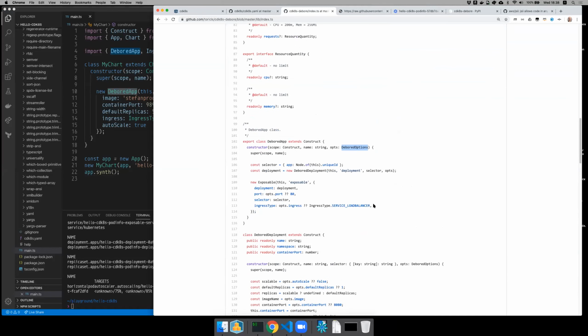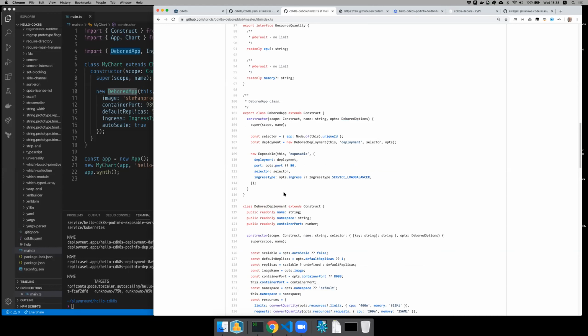And then it's very straightforward code. You can see that what it does here is basically create a deployment, which is another construct. And as I said, constructs can form a tree, and so you can compose them together into higher and higher level abstractions. So it instantiates a deployment, instantiates an exposable. Those two are internal constructs that this is using.